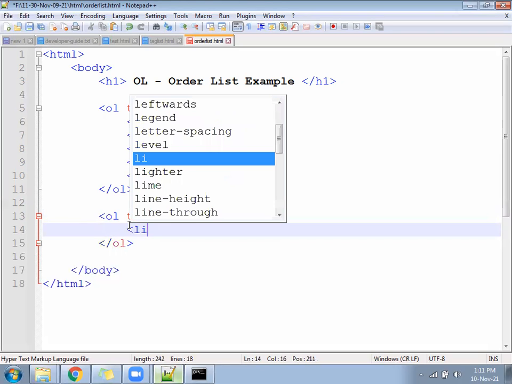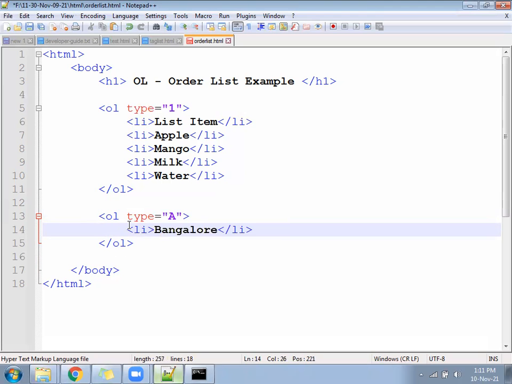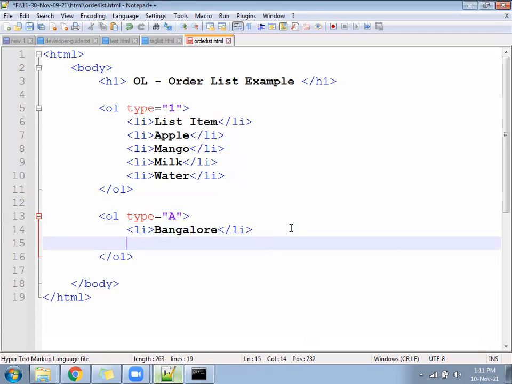LI, some city names we can write. Type is a property, and A is the value.